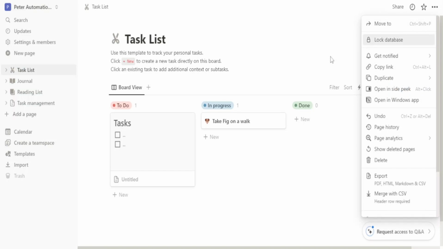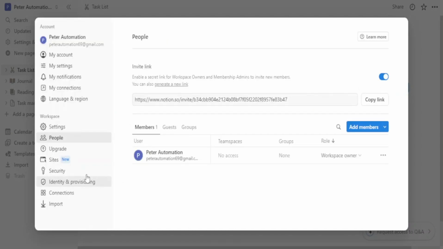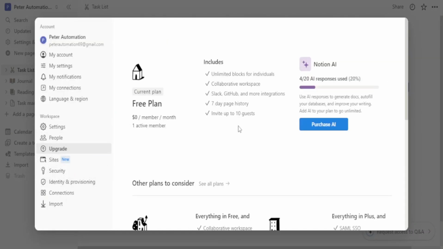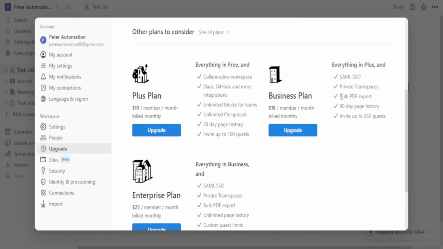And now let me just show you the paid plans. So you see guys that we currently are using the free plan, and we can use Notion's AI 20 times. But we also can buy the plus plan, the business plan, and the enterprise plan. The plus plan is the second to last plan, but it's not the worst guys. It also has its features that are, I think,